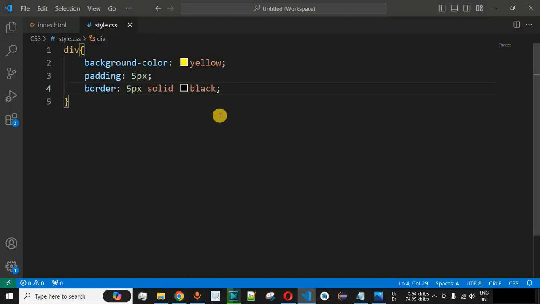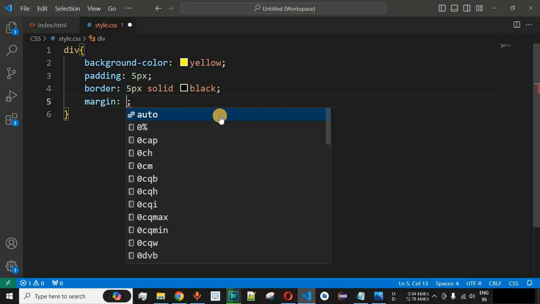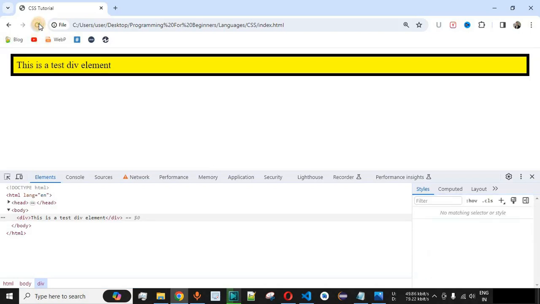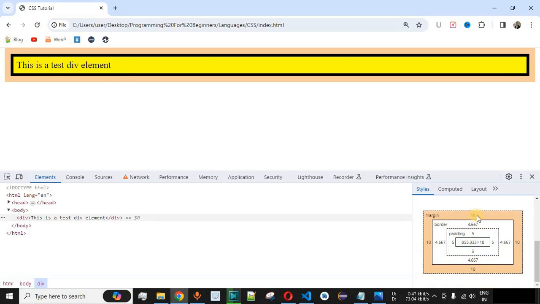Now guys, the last thing, that is margin, needs to be applied to this particular HTML element. So let us apply that as well. So over here we will provide margin and then 10 pixels of margin from all the 4 sides. So let me just save this file now and try reloading this page once again on the browser. So as you can see, if you scroll down, we have the margin of 10 pixels from all the 4 sides. So this is the brown color that we can see, that is at the outside of the HTML element, which represents the margin of the HTML element.